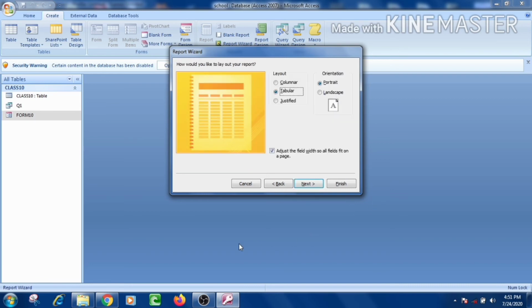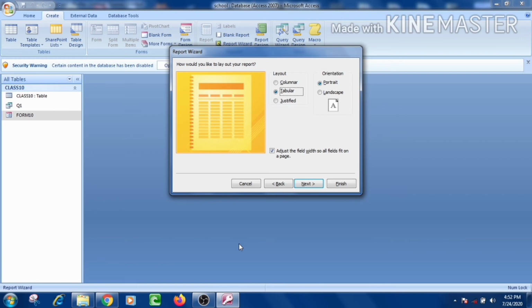The next button will take you to the next wizard. In this wizard I will select the layout. There are three layouts: columnar, tabular and justified, and orientations are there also, and all of us know that there are two types of orientation: portrait and landscape.